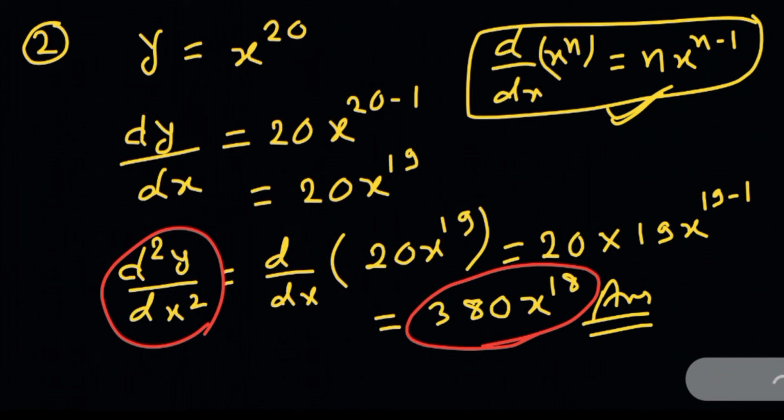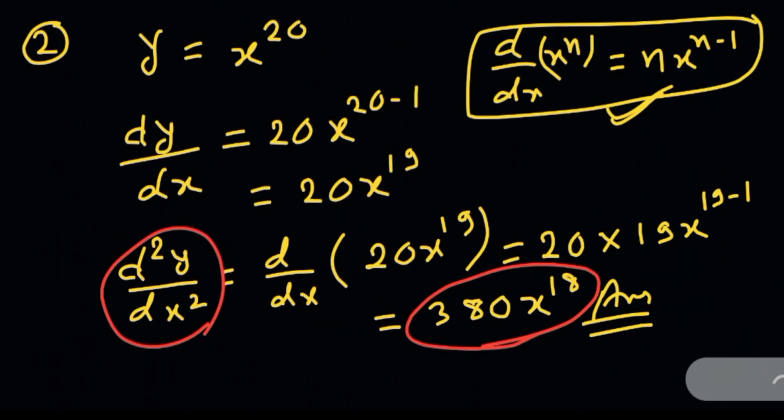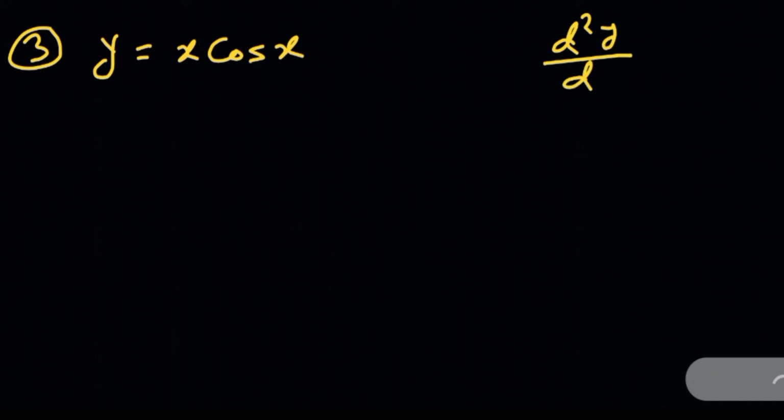Okay. So now we'll move to the third question. Third question is y is given as x into cos x. Y is given as x cos x, and we have to find d2y upon dx square, means the double derivative. So first I will differentiate y with respect to x. So dy upon dx will be